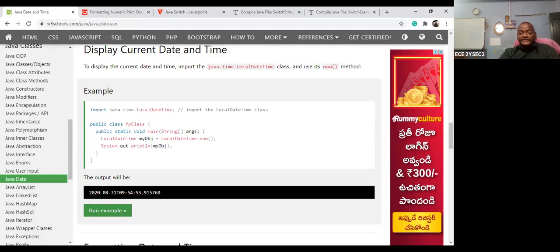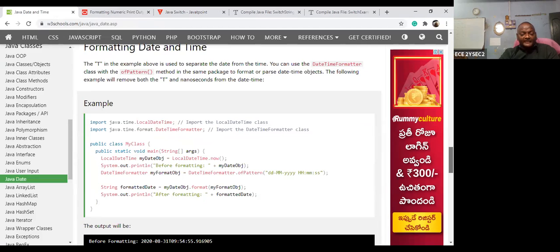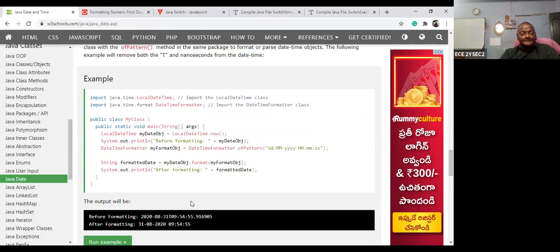Next, changing the format. As the last and final example, I want to change the format. First I display the local date and time. Second, I want to change my format, using DateTimeFormatter.ofPattern. Whatever pattern you require can be displayed here.